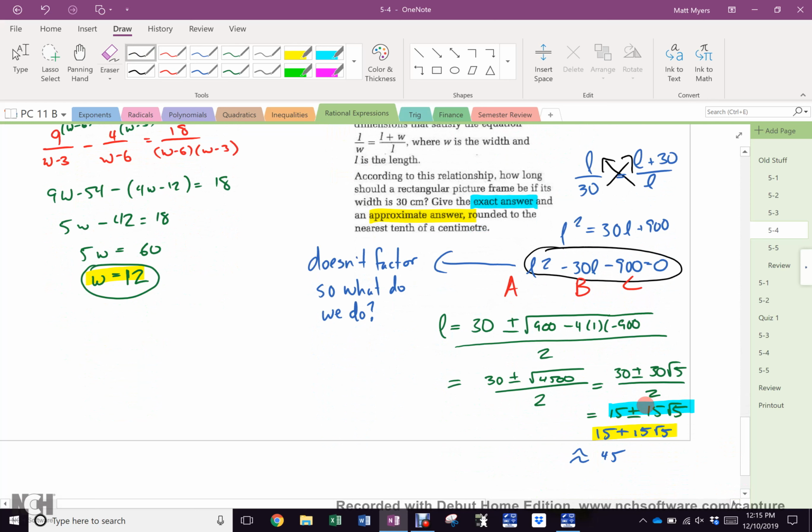But of course, why do you throw out the negative one? You can't have a negative length. So the answer is 15 plus 15 root 5, which is approximately 45. The exact answer is highlighted in blue, and the approximate answer highlighted in yellow,